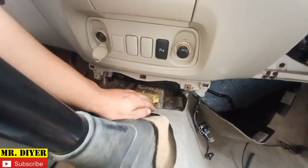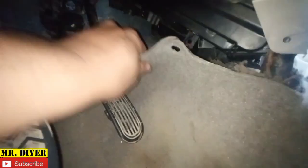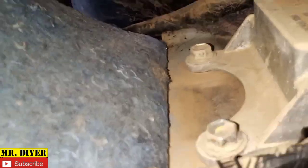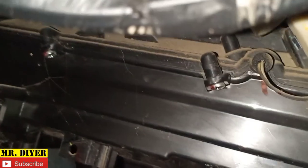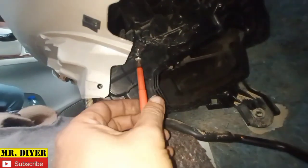Eventually we'll take care of this. But one here, we need to remove that. One here, pull the carpet down. Okay, and 2 bolts behind the airbag module. Okay, and we'll pull this aside, remove this, through those screws, pull this down along with the evaporator. Okay, so Phillips screw,